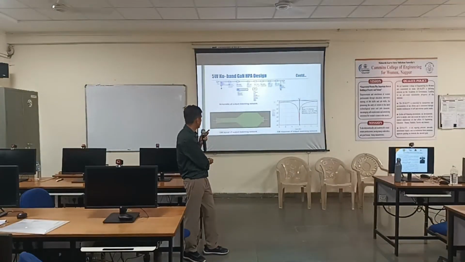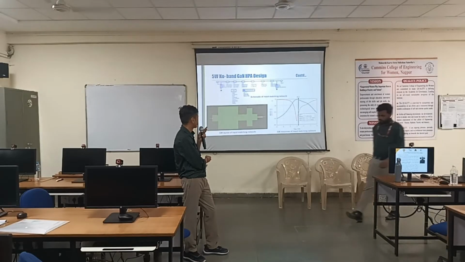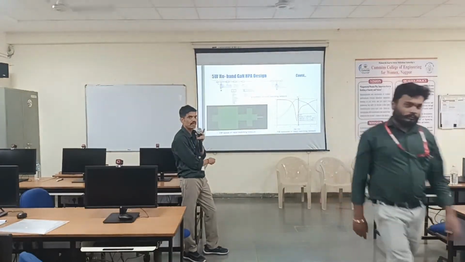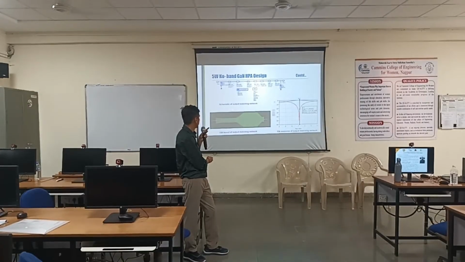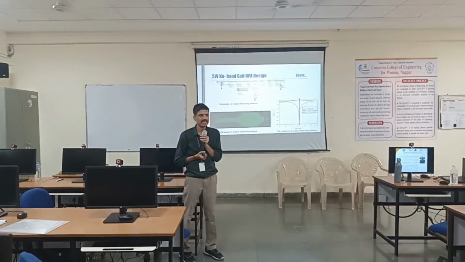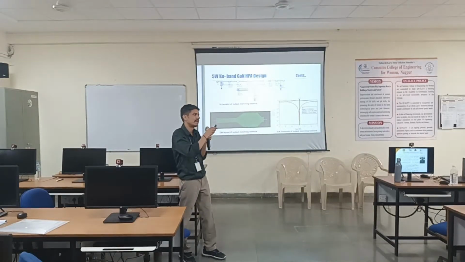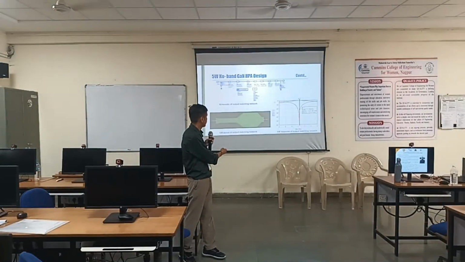Then you see how simple this network is as compared to the earlier picture. How many sections? 1, 2, 3, 4, 5, 6. 6 sections I have used for the input matching network. And how many sections did I use here? 1, 2, 3. The job will become very easy to translate any number which is closer to 50. And the response is also very nice. You see the gain variation. Right from 8 to 14 gigahertz, gain is varying less than 3 dB.